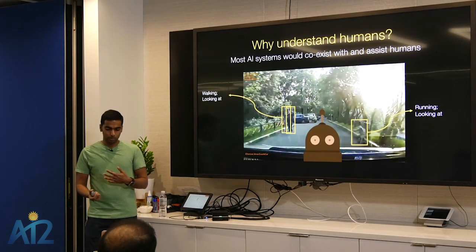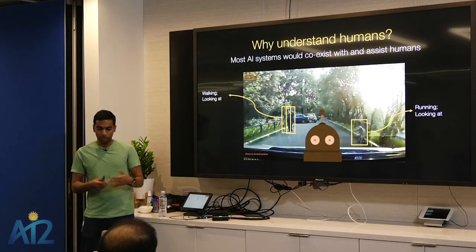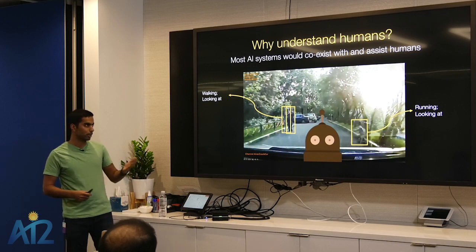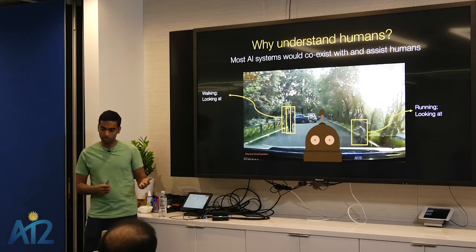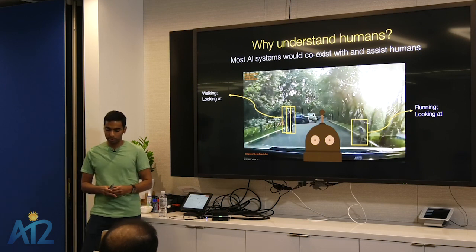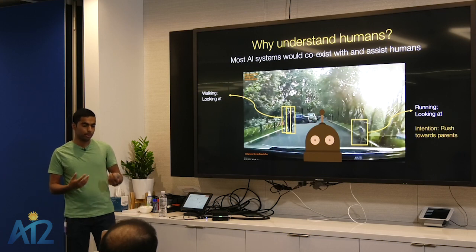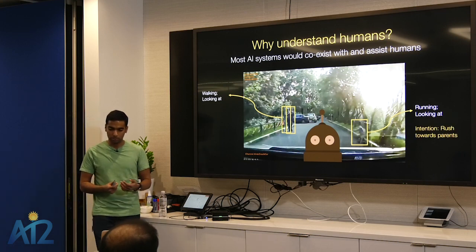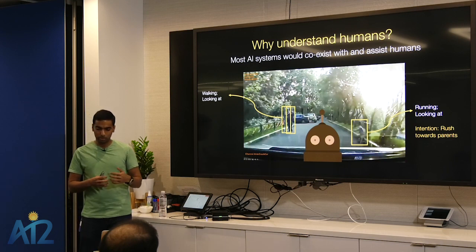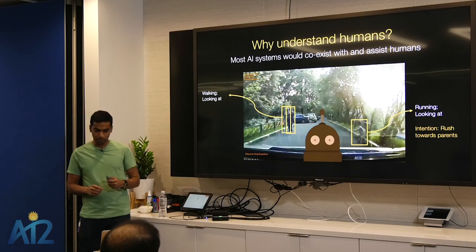Cars of tomorrow would be driven by autonomous agents, and they would need to be equally safe around people. Part of that would require understanding the actions that people are doing. For example, the couple on the left are walking and looking at their child. The child is looking at them and starting to run towards his parents. Using that, we ideally also want to be able to predict their intentions, that the child might decide to rush towards his parents, and have our planner plan for such possibilities.